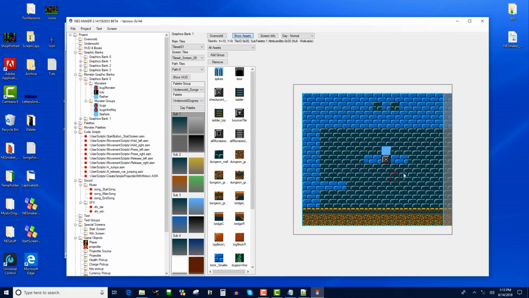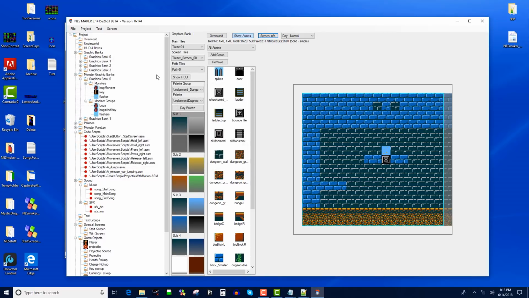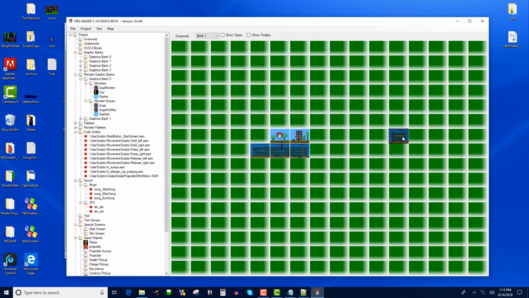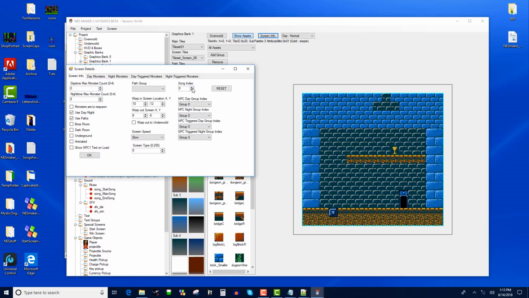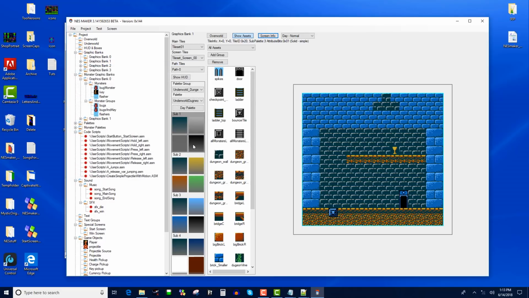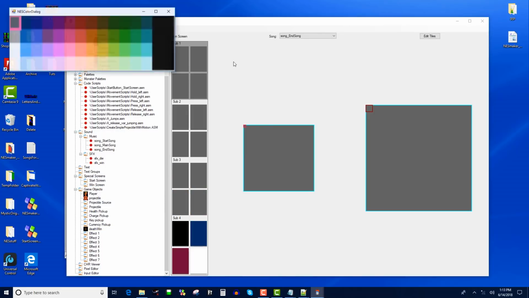I could have a different sound for a screen that is more like an NPC screen. For right now, I'm just going to put all of these at 1. So all my gameplay screens are the more upbeat version. There's a start screen song and there's an end screen song. And just so the end screen isn't just completely black, let me go to my win screen and make it